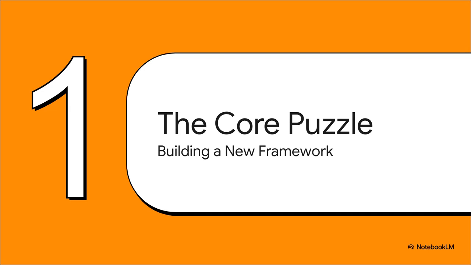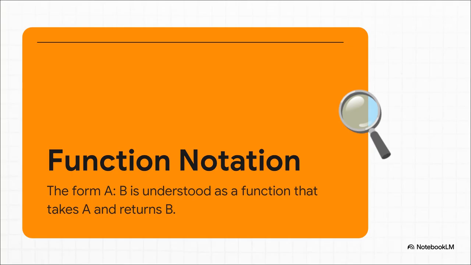To crack this puzzle, the manuscript lays out a whole new framework, and it starts with a pretty elegant idea borrowed from mathematics, function application. Okay, so the first big move here is to stop thinking about constructions like mugi shika as simple static phrases. Instead, the framework treats them as functions. In this view, mugi shika isn't just a noun and a particle. It's a higher-order function that's waiting for an argument. It takes the negative part, nai, and in return, it gives you the meaning only mugi. It's a fundamental shift in type, and it's absolutely key to the whole derivation.